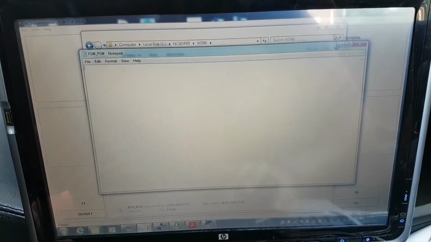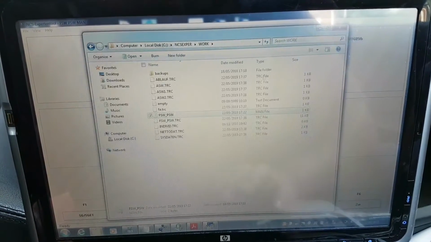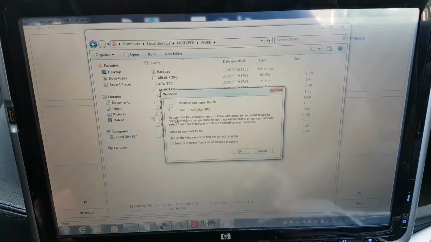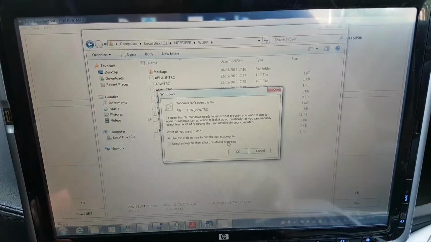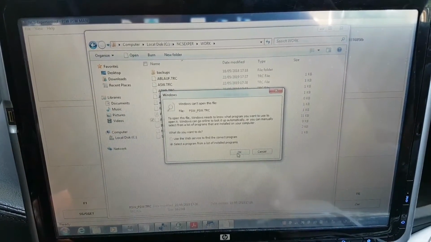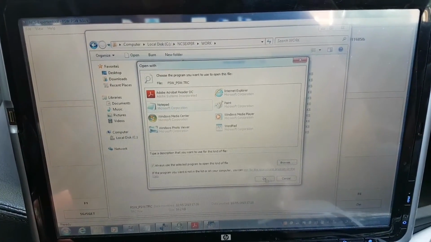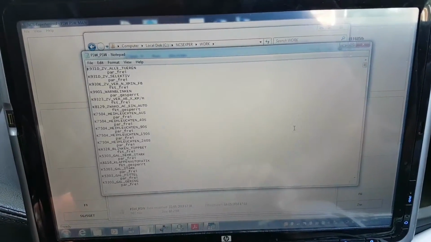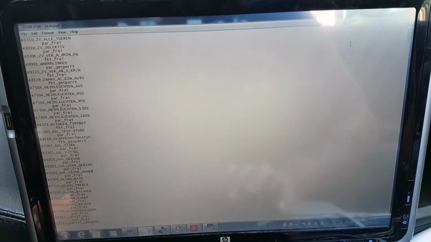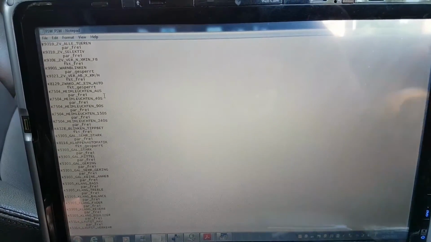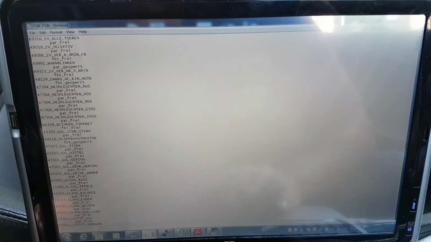Sorry, my TRC file is going to have, select a program from the list. Yes, in here is all my coding, the coding that had just been read from my module. So if I come down here,